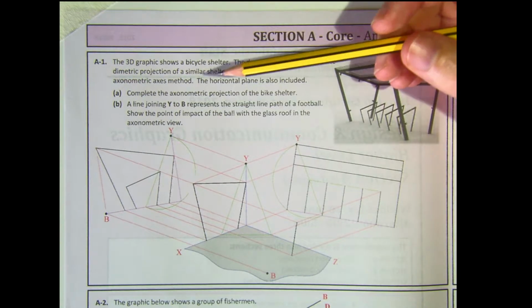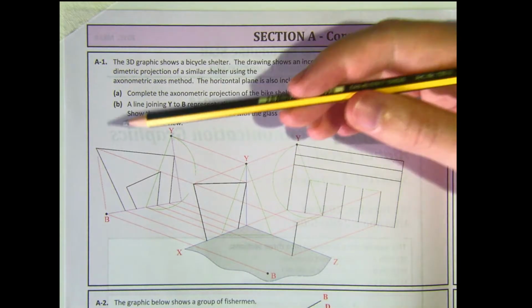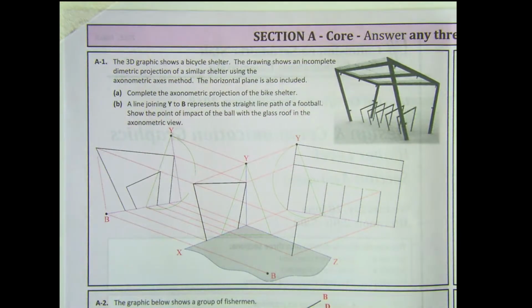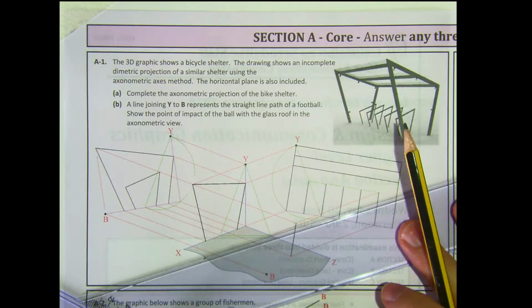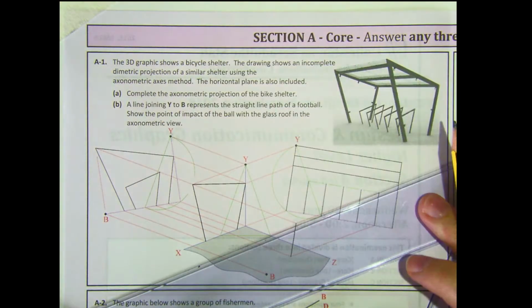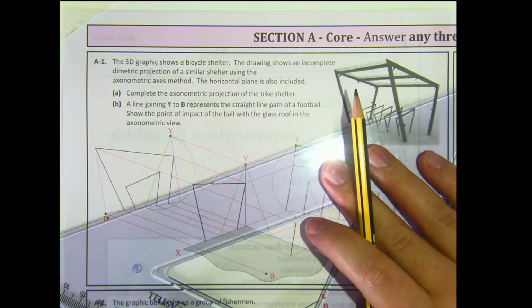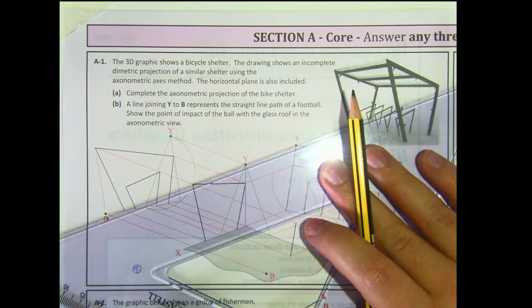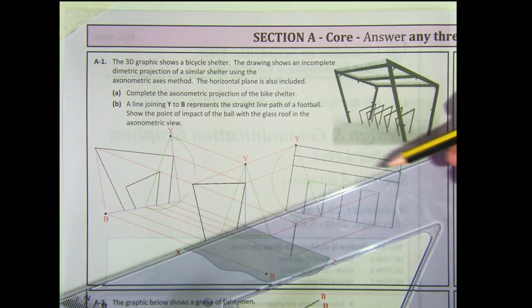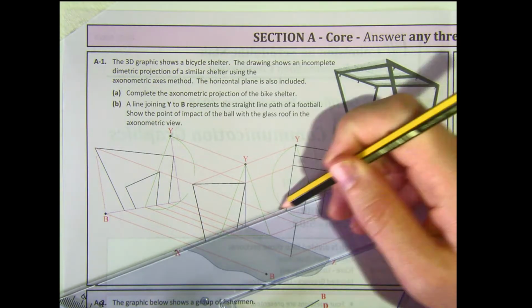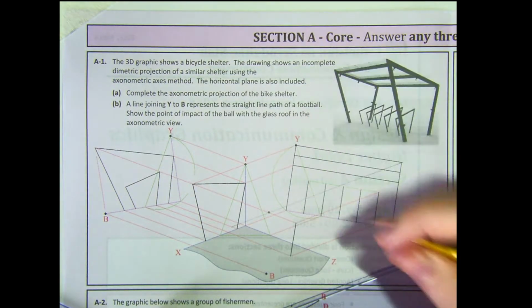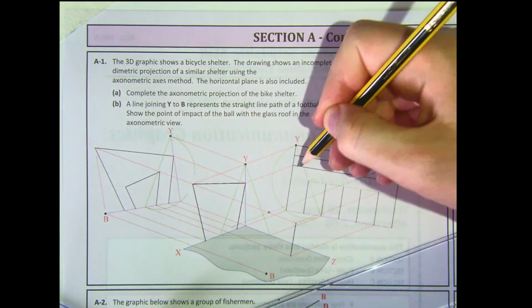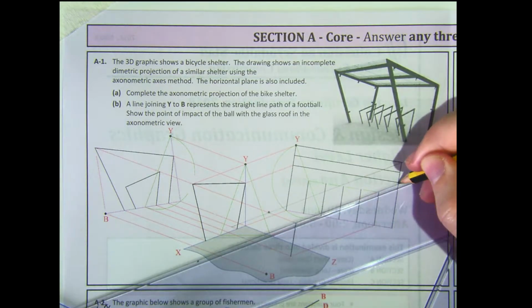So I'm going to start with drawing the shape first. So start with the basic outline. Okay, going to need sliding set squares for this one. So taking your lines, going to start with just the basic frame of the shelter itself, and then we'll do the bits in the inside. So these lines here project down from the top, so this one next is this point up here. That's one piece up on top. The one at the back then, that's the same, so we can take this line that's projected down along this way